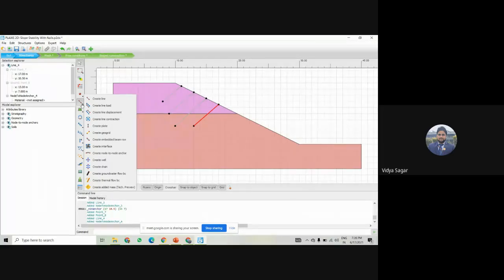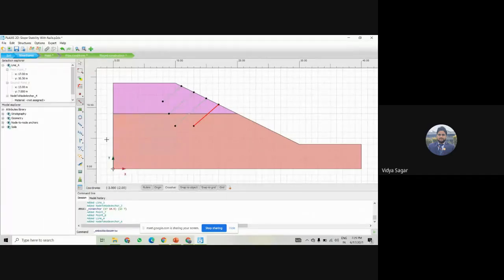I have to move to create embedded beam row, right?